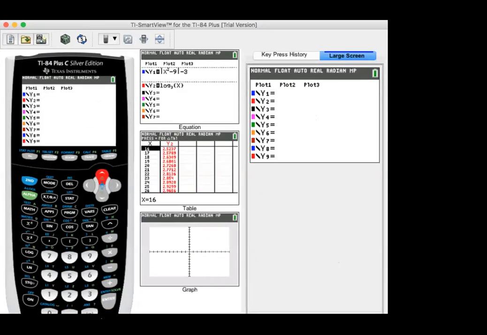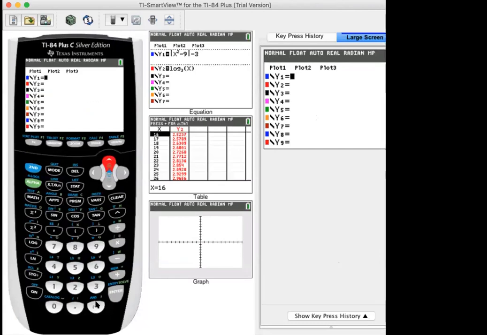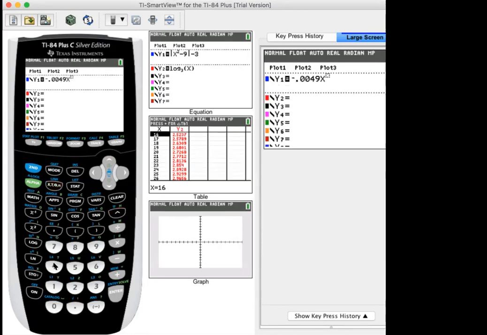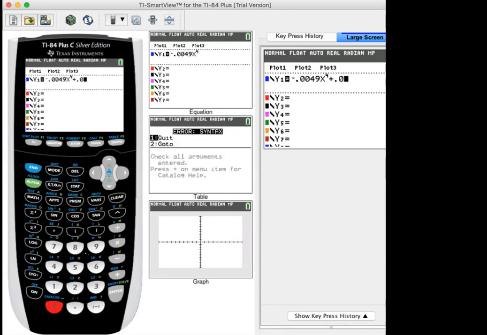So it was negative 0.0049 x to the fourth, or t to the fourth, plus 0.0923 x to the third